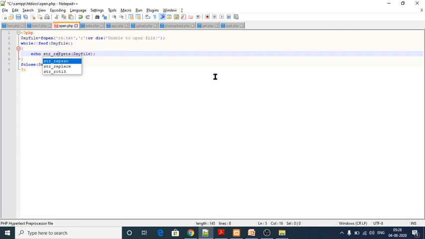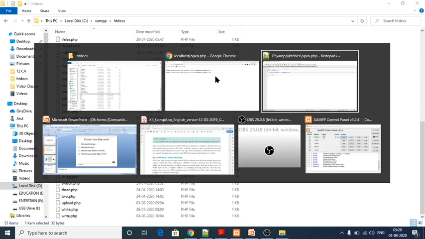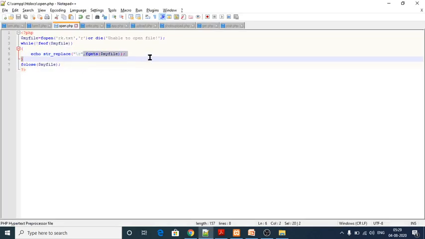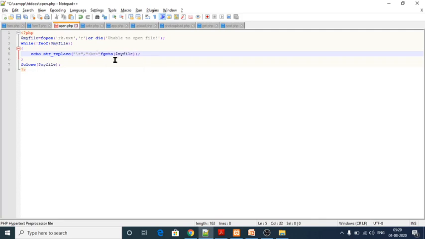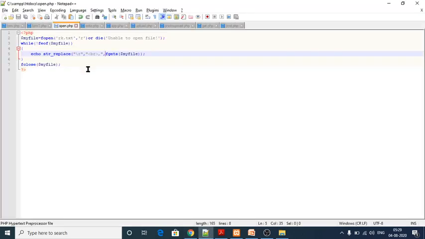str replace, within the bracket, slash r, comma, and this is the code for this str replace, and the backslash r and br tag.